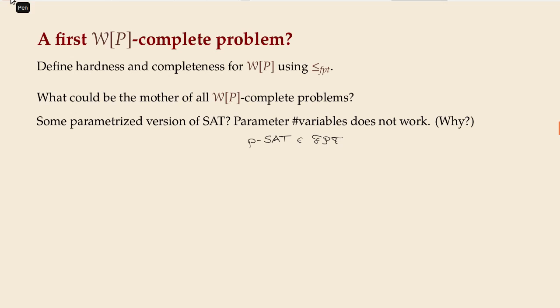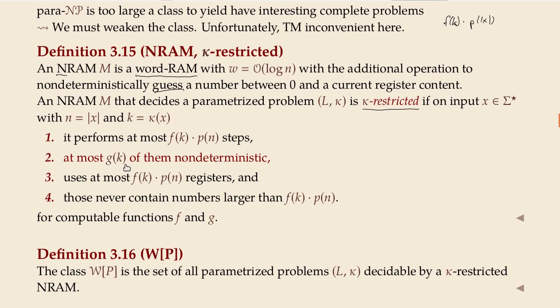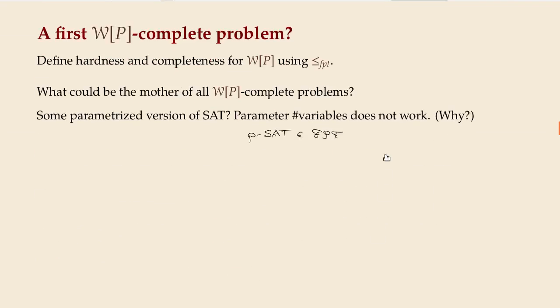Okay, now if you look at the definition, the number of nondeterministic steps essentially allows you to guess k numbers, or a function of k, but let's remain simple. We allow k guesses. And each of these guesses can be a number, and this number must be something related to the input. So if you think of SAT,